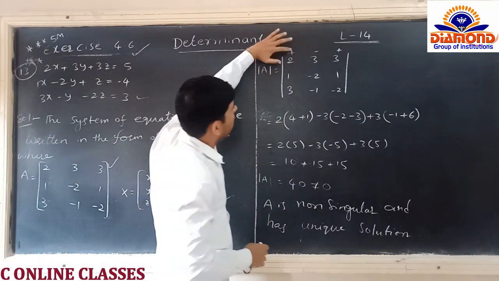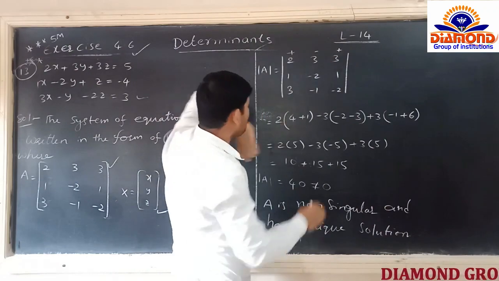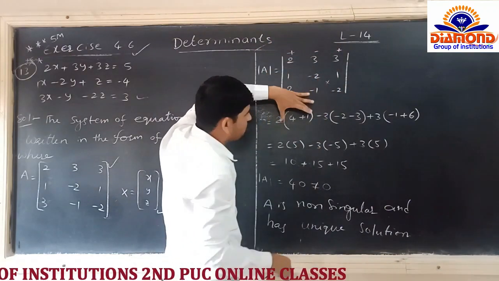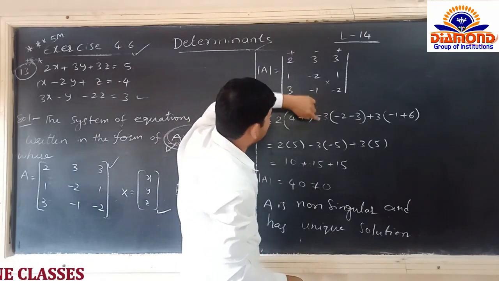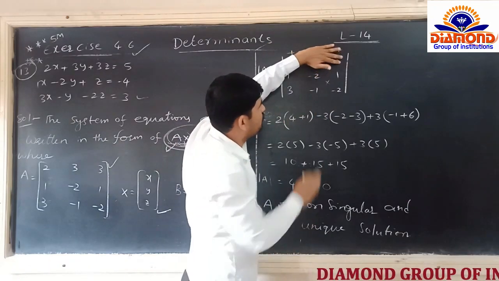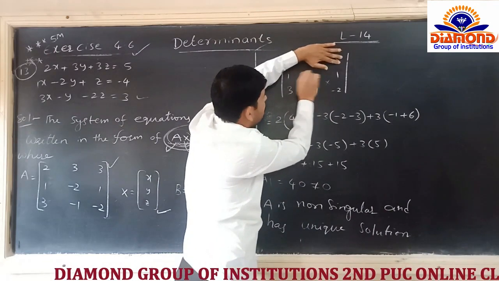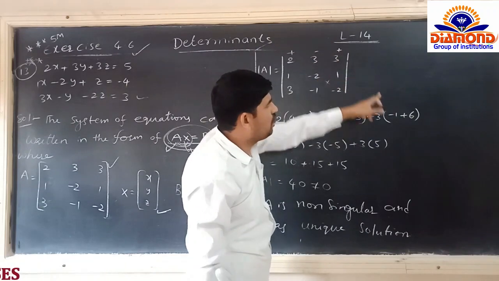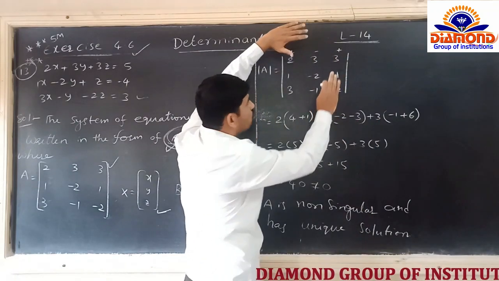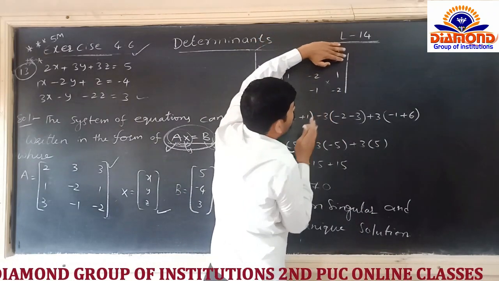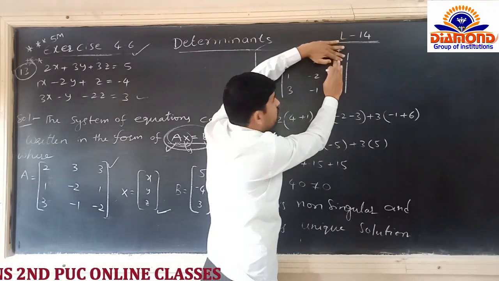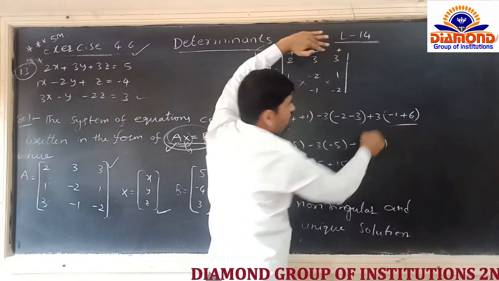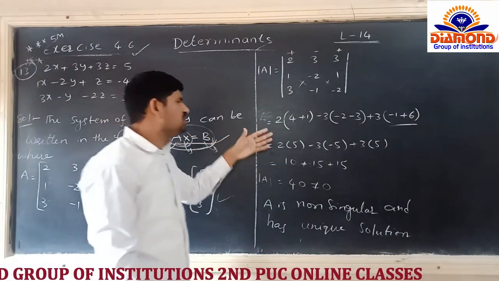See here we have plus, minus, plus. Next, 2 into, just close the row and column for this one, the cross multiplication of this one gives this. Again there is a minus 3. By making the cross multiplication for this, whatever elements are left, 1 into minus 3, in between minus 3 into 1 is 3, like that. The last one is 3 into, closing the row and column for the plus 3 here, that is the first row, last column. The four elements we observe here, the cross multiplication of this we will get. This is very simple.